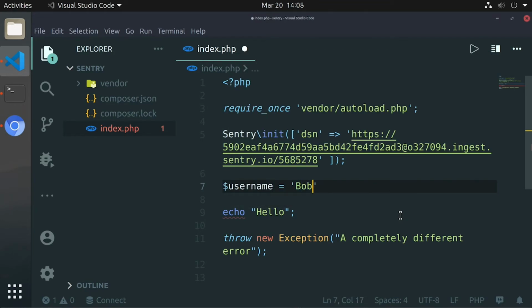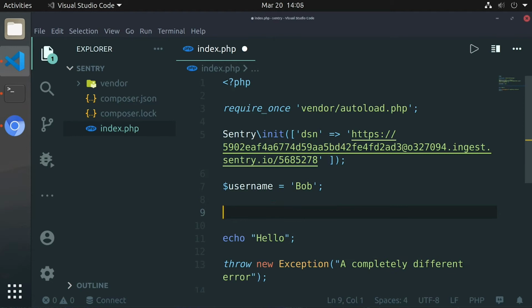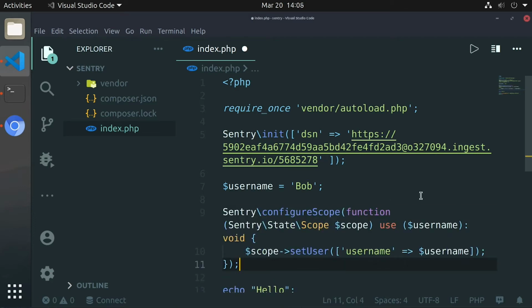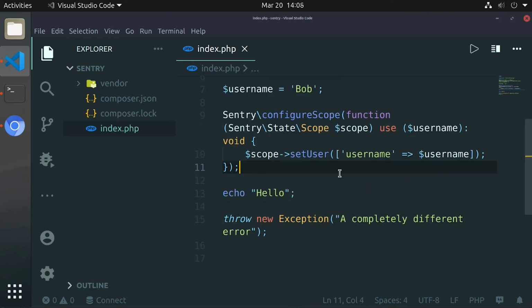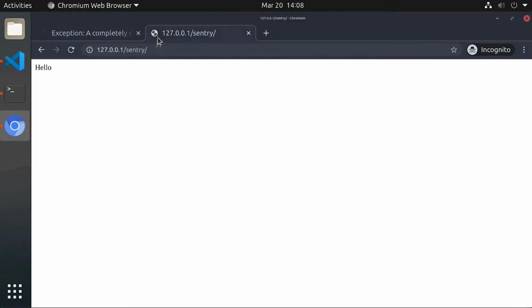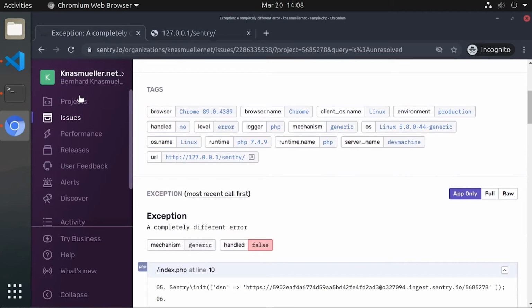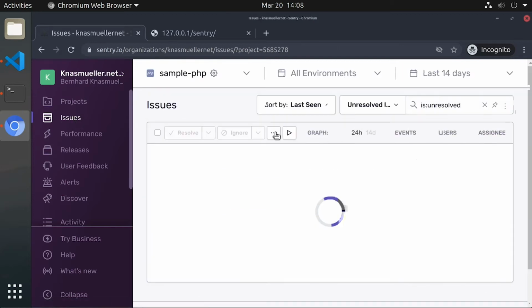Next we want to assign a username to the exception. So let's assume that our user has logged into our application and his username is Bob, and we know that at this point in time. So we can now insert a code snippet, I will link in the video description below, to set the user. We have this username variable and we set it in the scope of Sentry. And if we refresh right now, we can at first see, okay, hello Bob, this is just our demo script. But now under issues, if we refresh again,